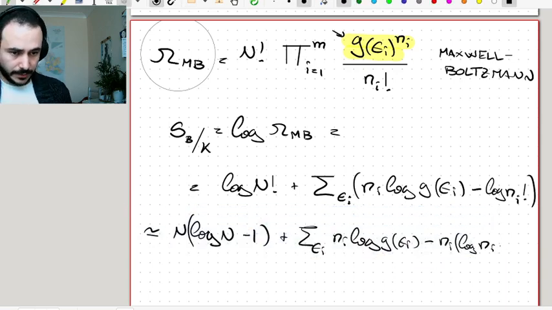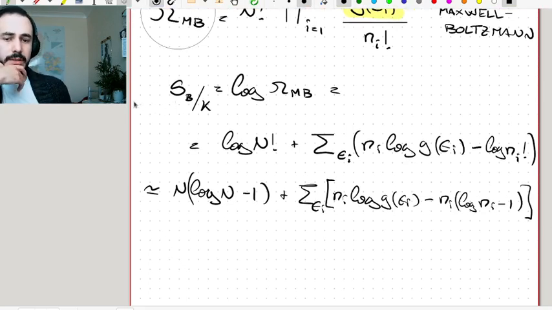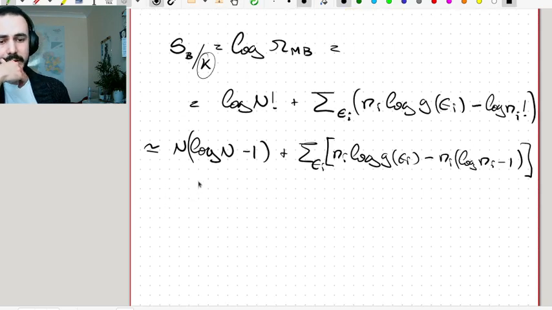Logarithm of ni minus 1. Okay, so the whole thing is inside of the sum. This is the statistical entropy, just divided by k, because I don't want to write k all the time, and I want to maximize this thing,